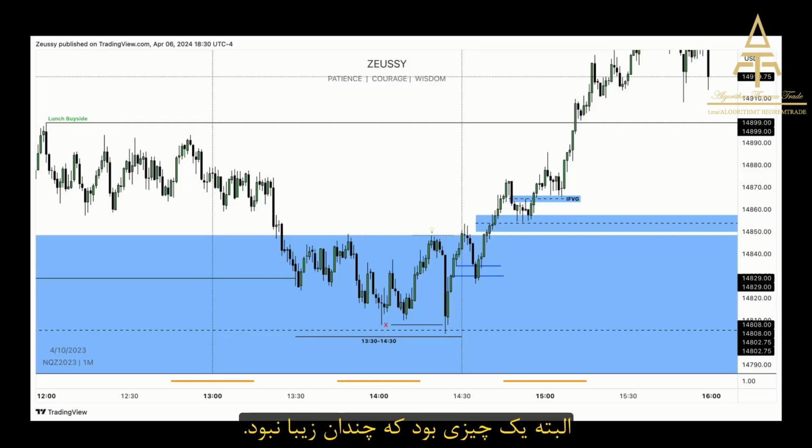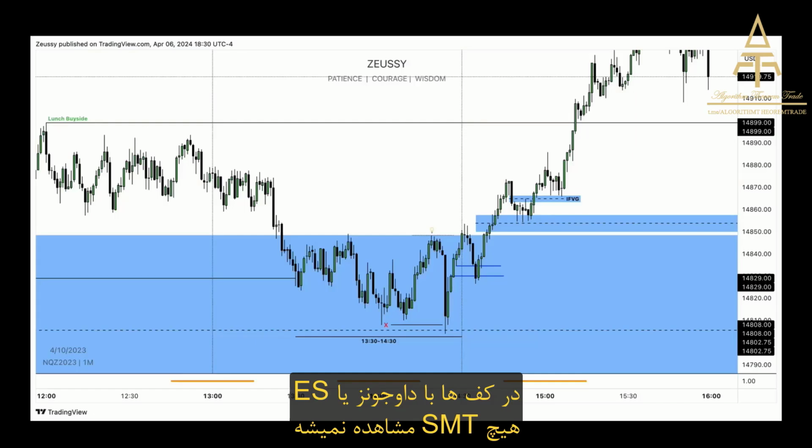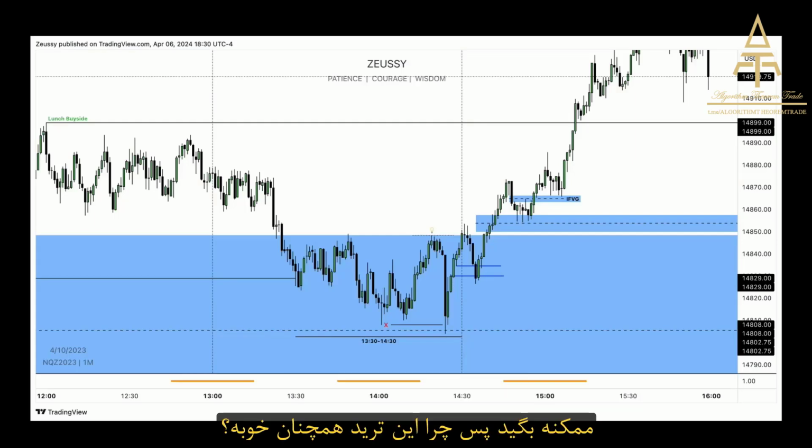However, there was one thing that wasn't as beautiful, and that was the following. There was no SMT present with, for example, Dow Jones or ES on the lows. So you might be wondering, was this trade still valid then? Was this still a valid setup? Well, let us take a look at what the Dixie did during this afternoon session on the 4th of